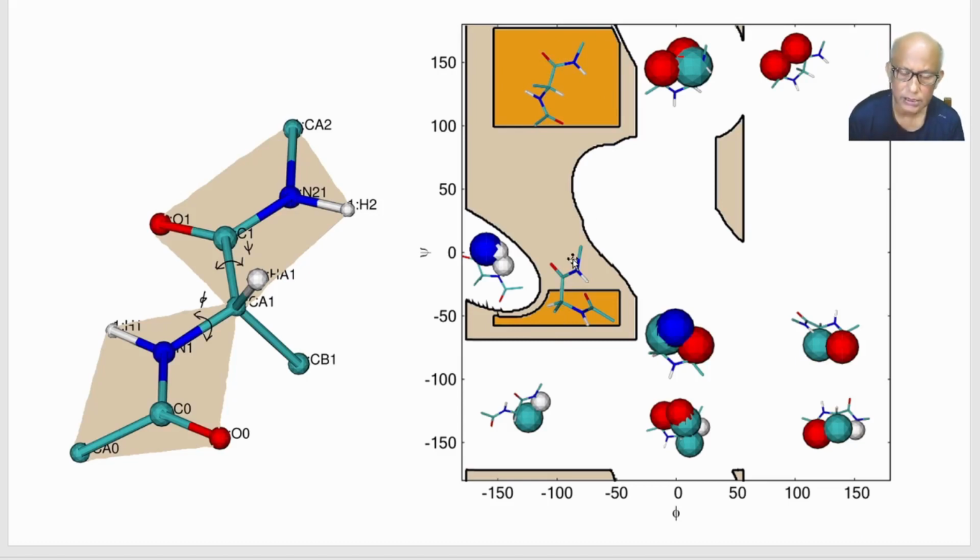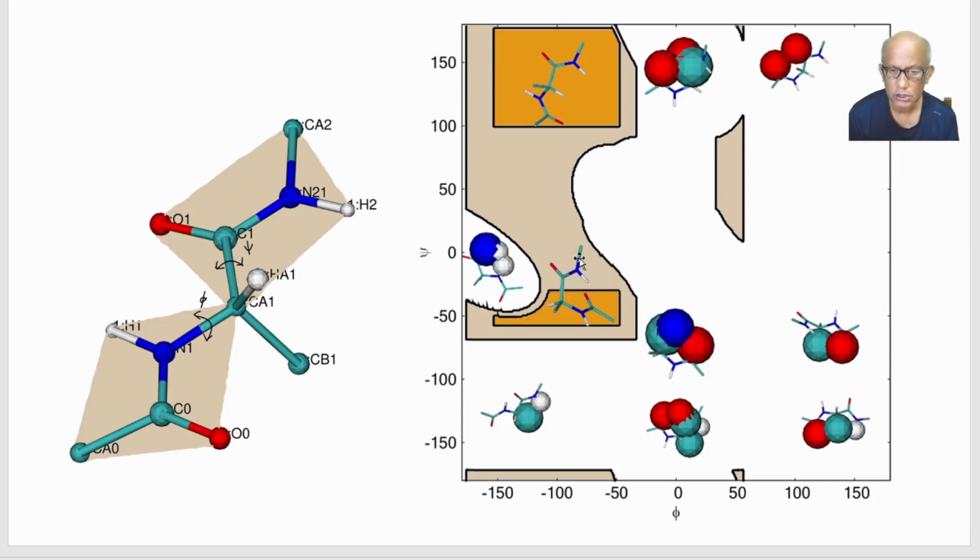Essentially, it meant that all conformations of the alanine dipeptide can have phi psi values which are just within these regions only and nowhere else. And since you can consider a large protein or a peptide made up of many such residues, all of which have to be within this region, this was the first major universal constraint which Ramachandran and his group discovered. That is,